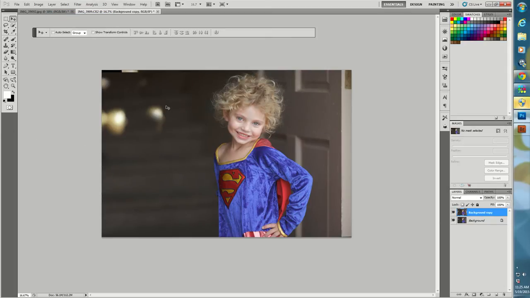And I'm going to get rid of this doorknob here just by using the clone tool, which is the fifth one down here. I'm going to shrink it down a little bit. I'm going to sample an area that's very close to it, and by pushing Alt and the left click, I'm just going to very carefully erase that pesky little doorknob,